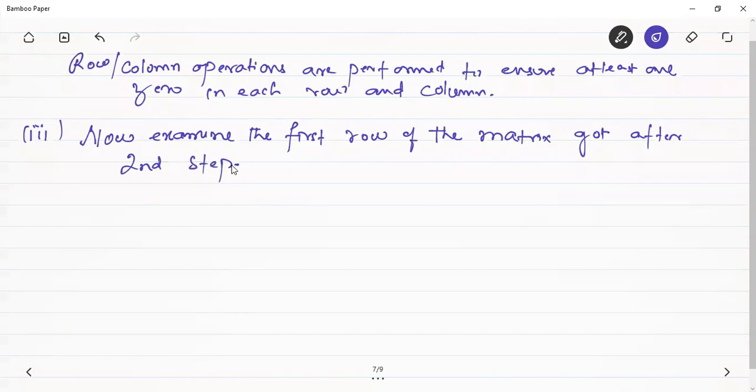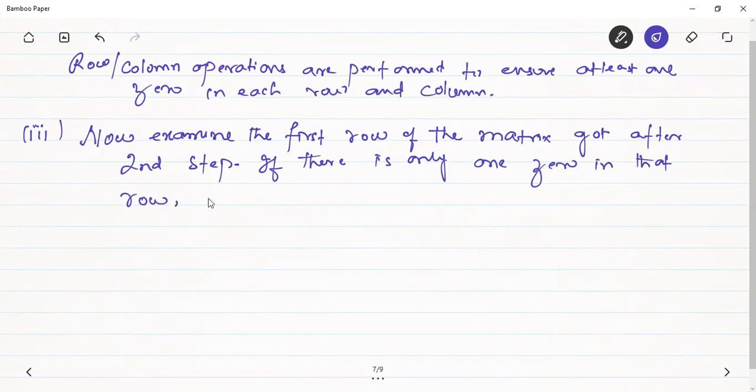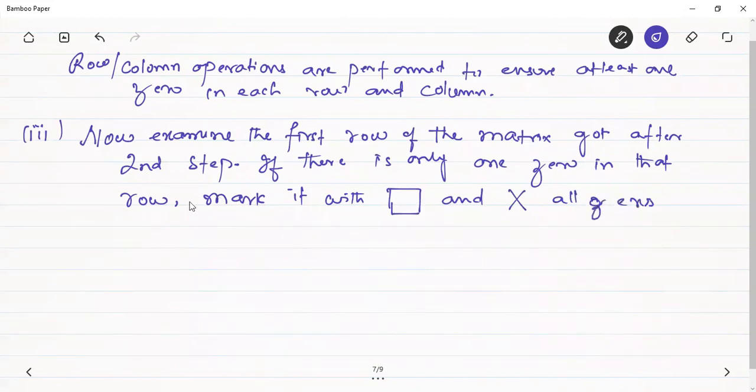What we have to do here is, if there is only 1 0 in that row, mark it with a square and cross all zeros in that column।